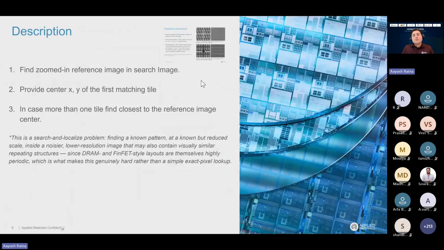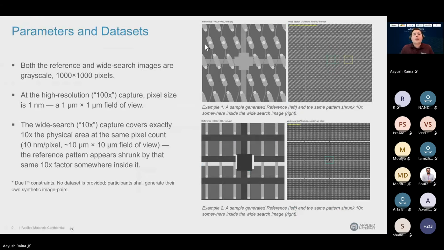Okay, let's talk more. We have tried to keep the problem very simple. Both images are 1000 pixel by 1000 pixel. Now the question is, why do you want to work with 1000 by 1000 pixels? The reason we want to work with such a bigger pixel size is that we don't want to lose information.